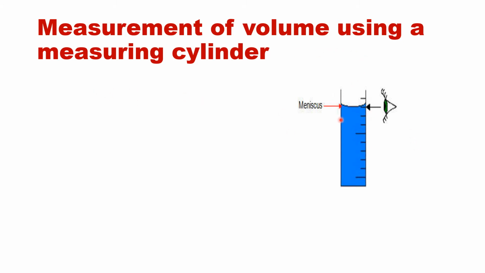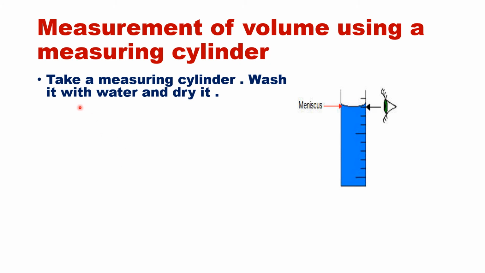So when we fill the liquid into this, you will see that the liquid, that is water, when it comes into a cylinder it takes a curve like this. Okay, so we always read the lower surface, that is just the lowest mark you have to read. So let us see the points on how to measure volume of a liquid using a measuring cylinder.